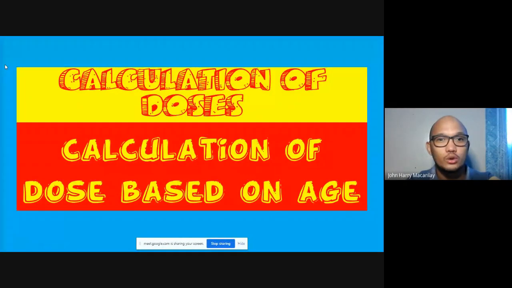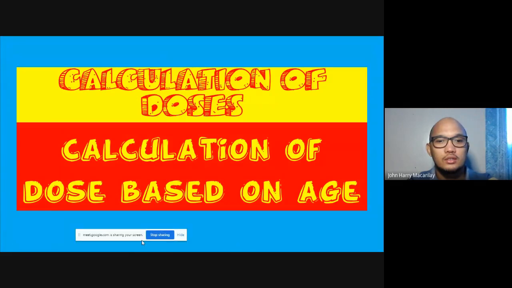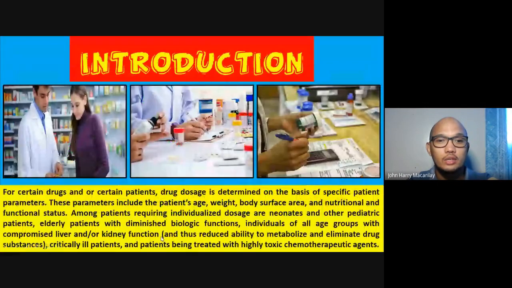So our discussion is on calculation of doses. This is a continuation, but more particularly, this is on calculation of doses based on age. For the introduction, for certain drugs and/or certain patients, drug dosage is determined on the basis of specific